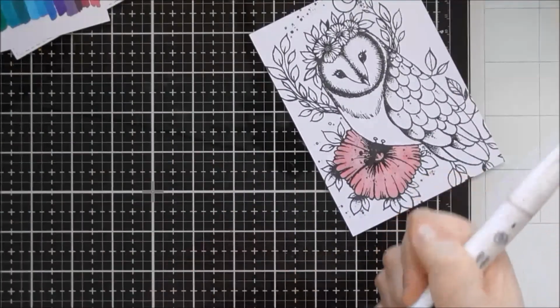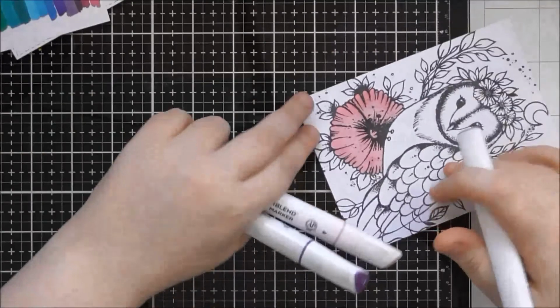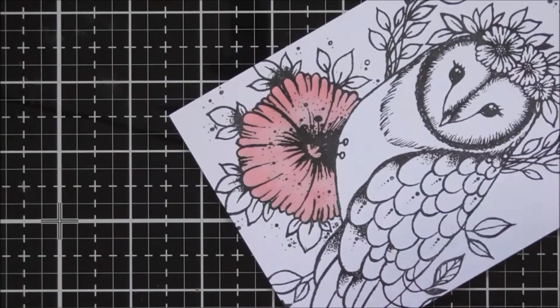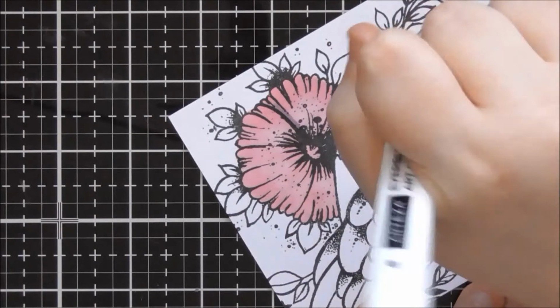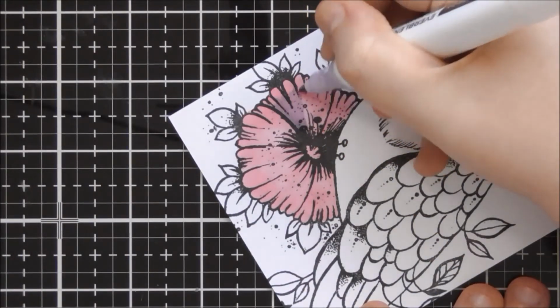Okay, so that is the pink down. Now, when you're doing this kind of blending, you want to work with a smaller area so that you can get the colours to blend nicely while they're wet, because alcohol evaporates, it dries quite quickly. So I'm taking the lilac and I'm just going to colour over maybe